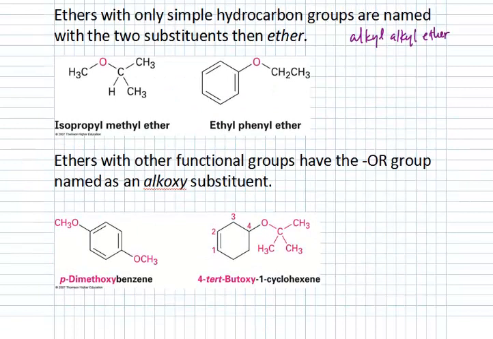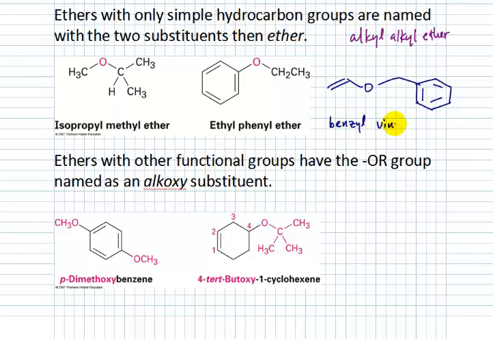So this method only works when we have actual common names for the alkyl groups. But we can do it with ones that are a little more complicated. Here is CH2 double bond CH on one side, so just a C=C double bond on one side, and then benzene with a CH2 on the other side. So this is benzyl